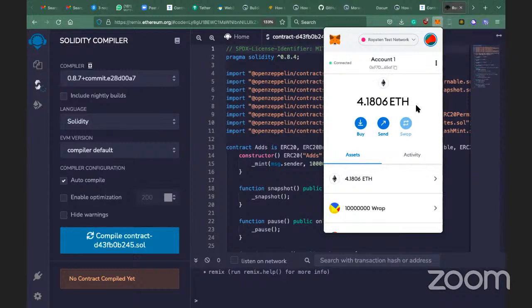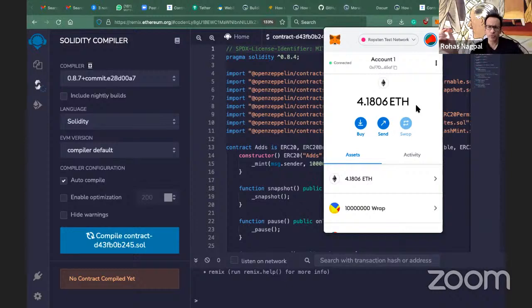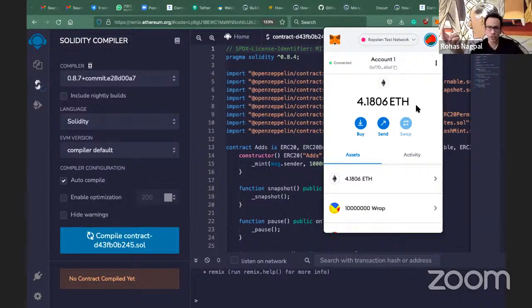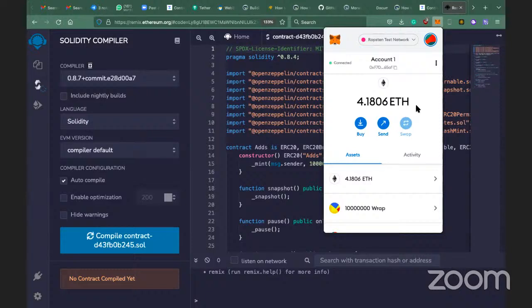So if you search on Google, get test ether for Ropsten test network, you will find lots of websites. Yeah, they're faucets which give you free tokens. These are just fake. Remember, these are not real ETH. They only work on the test net. They're not actually worth anything. But for practice and trial, you would need them. If you try transferring it to some other account, it will not happen because here it's clearly mentioned it's a